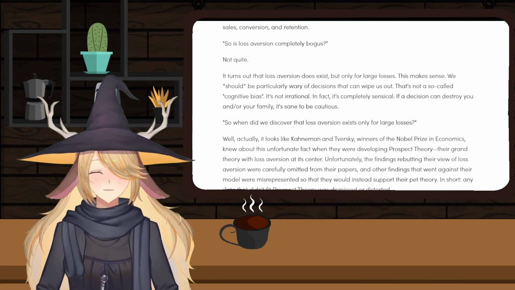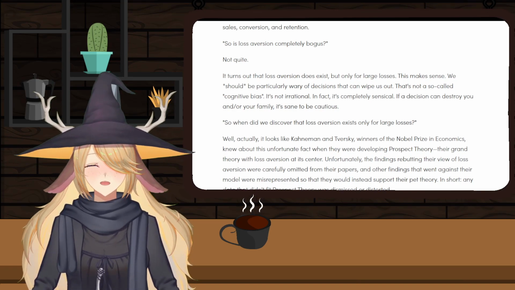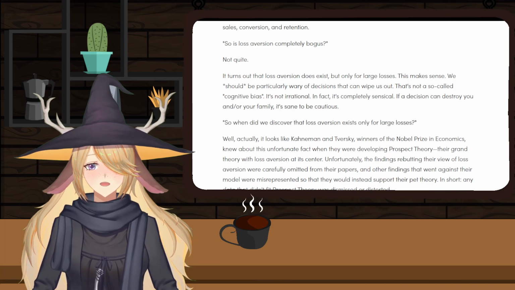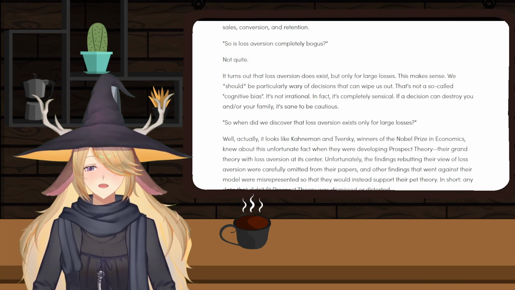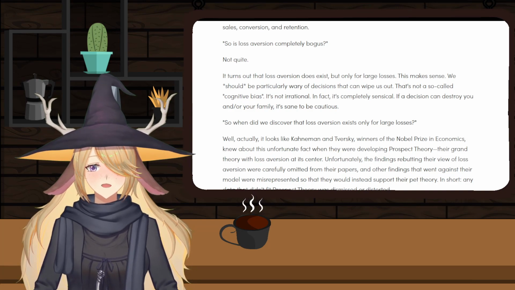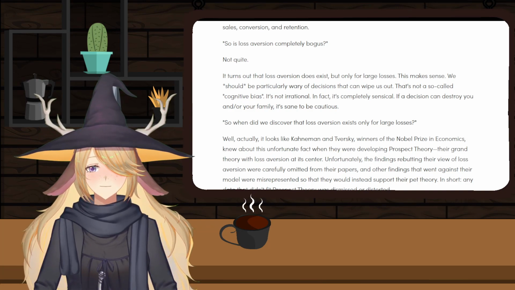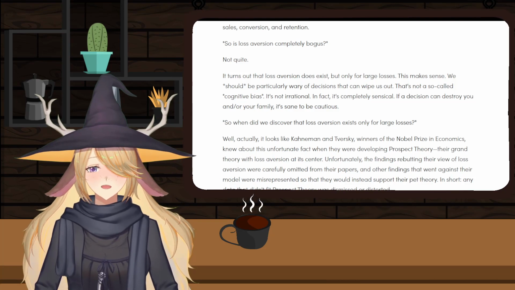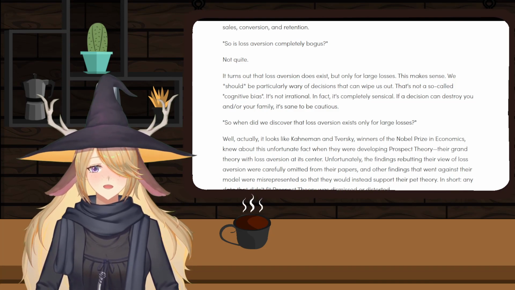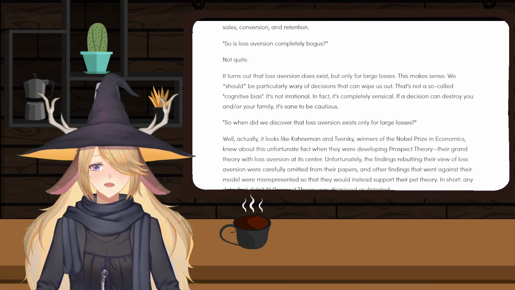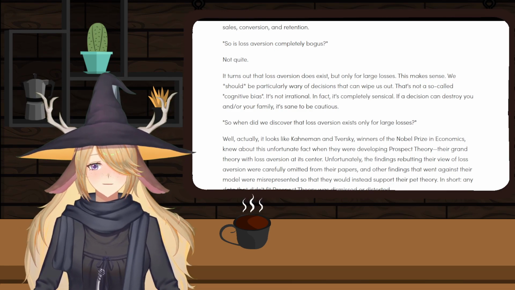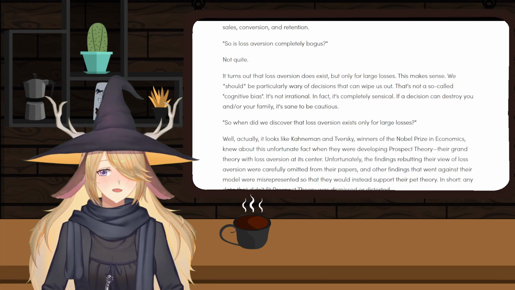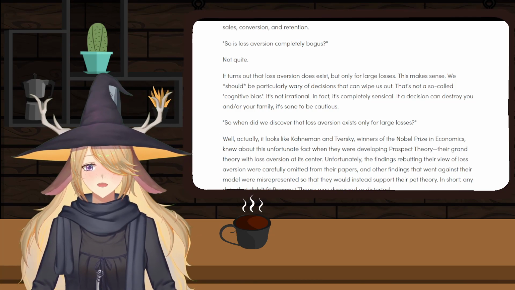Let me try to put this in context. For loss aversion to not replicate, it's like if a physicist were to let go of an object and it floated in the air. It's like if you threw something up in the air and it didn't come down. It jeopardizes the entire area of knowledge that has been built upon it. And when you think about that, it is devastating if you think that behavioral economics is a real thing.